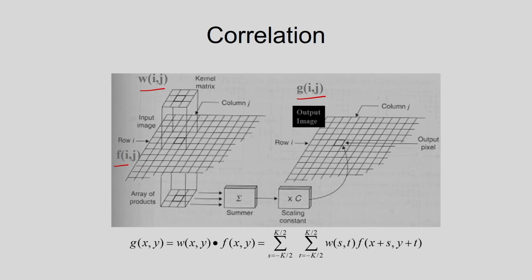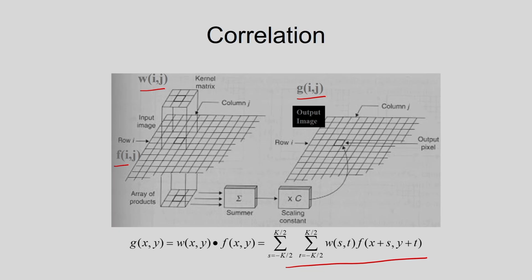So what I have to do is put the mask over the image, and do the multiplication between the pixel values and the weight values of the mask, and after this I have to add all these things. So it is nothing but multiplication and sum up. By using this expression, for all the pixels of the image I have to do this operation. For this I have to shift the mask to the next pixel like this, so that I can consider all the pixels of the image. So w(s,t) is nothing but the mask.